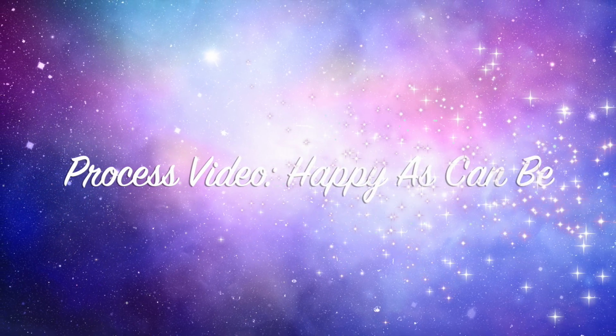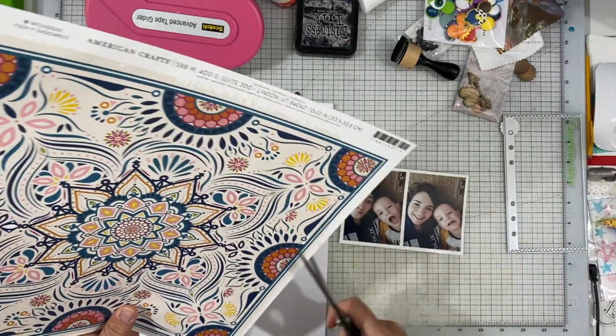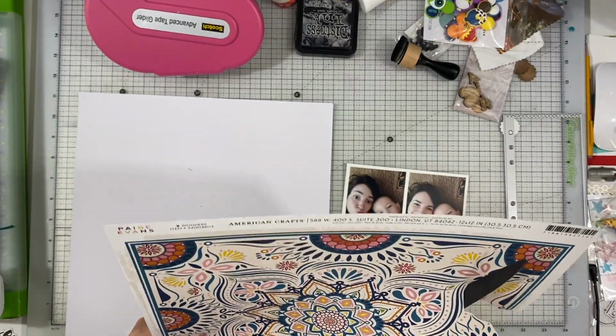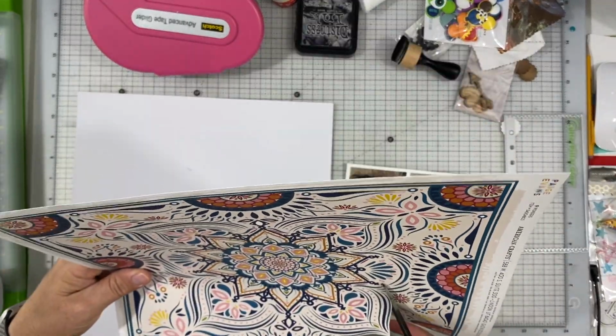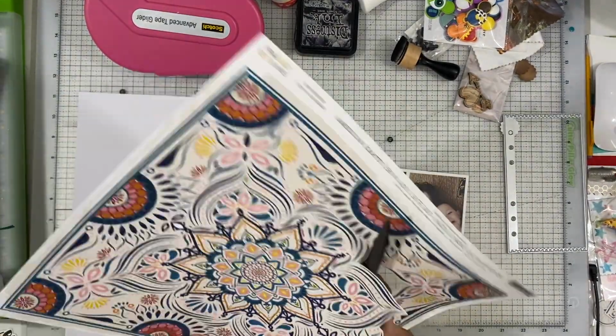Today's inspiration came from my Zentangle board, which is basically where you draw all these crazy lines. I don't even know how to describe Zentangle. Look it up, it's really interesting. Go Google it. And anyway, the one that was on the board that I saw was like a mandala type